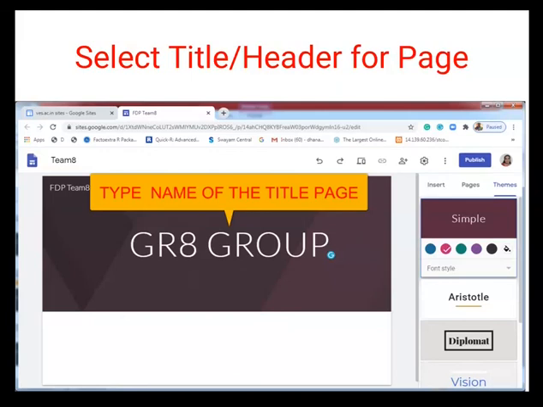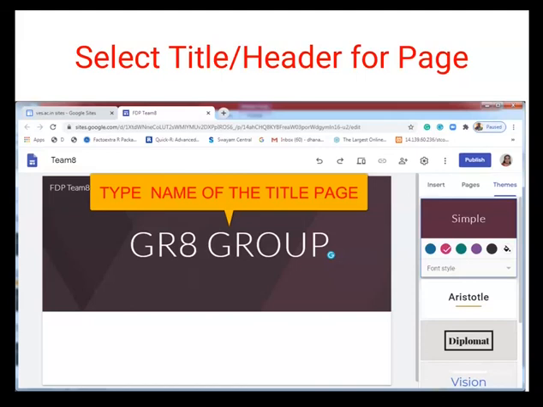Now we select the title or the header for the particular page. Now the background is changed, and we need to write a name in this header, that is nothing but the page title. Here GR8 group is the title of this page.